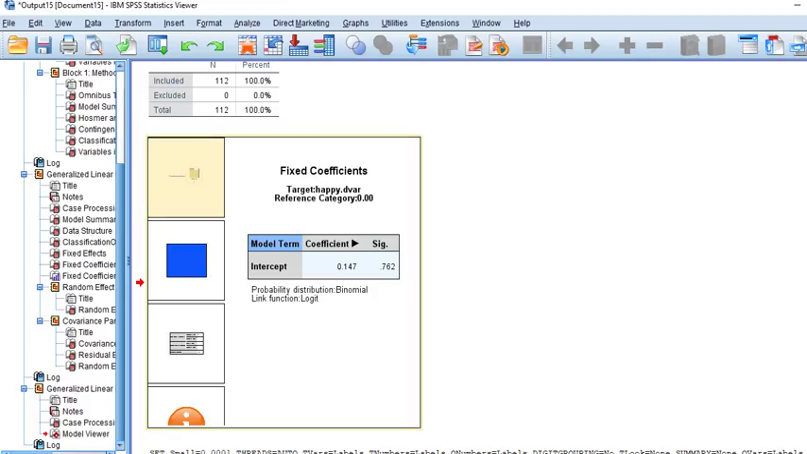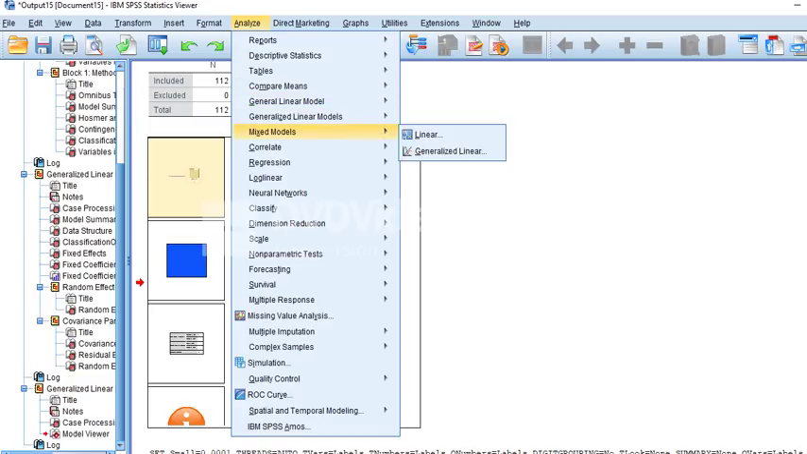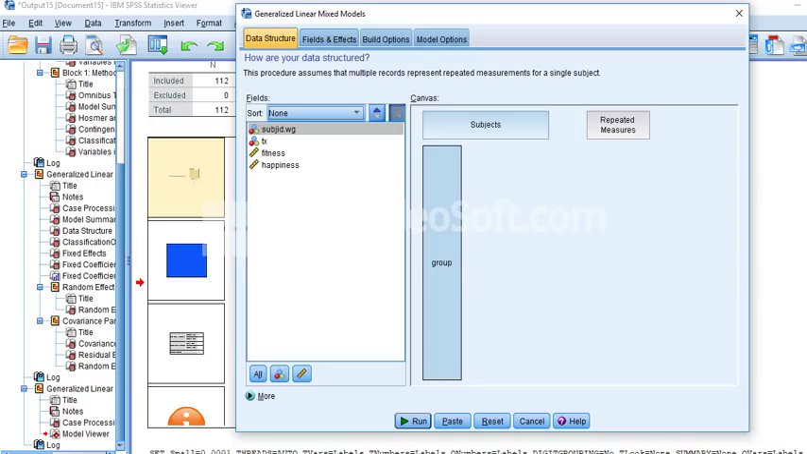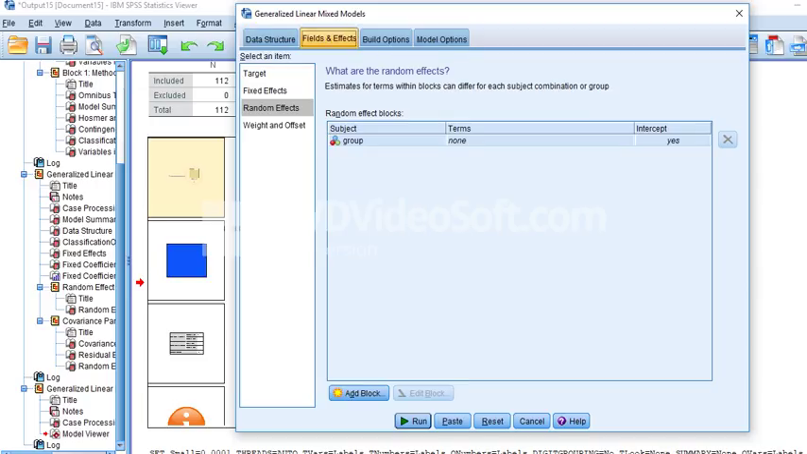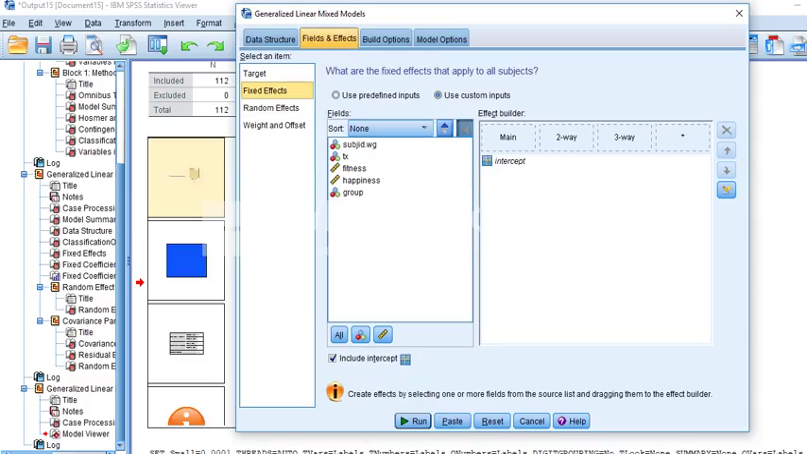Okay, so next, let's add in a level 1 predictor. So let's add fitness in as a predictor, so we're going to use that at level 1. And then let's also add in treatment as a level 2 predictor of the variation in intercepts. So we're going to go to Mixed Models, Generalized Linear, and go to Fixed Effects. And so now you'll see, under Fixed Effects right here, we're going to move